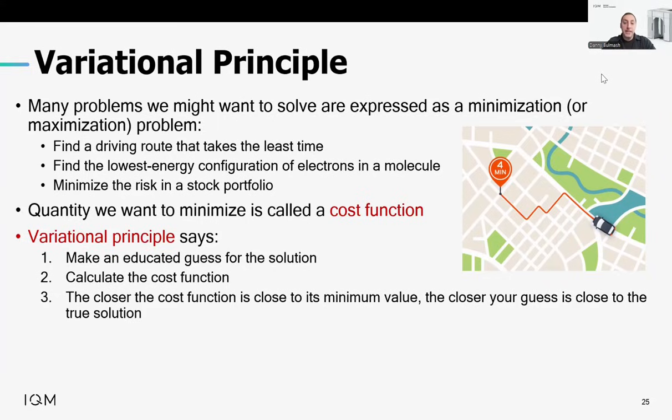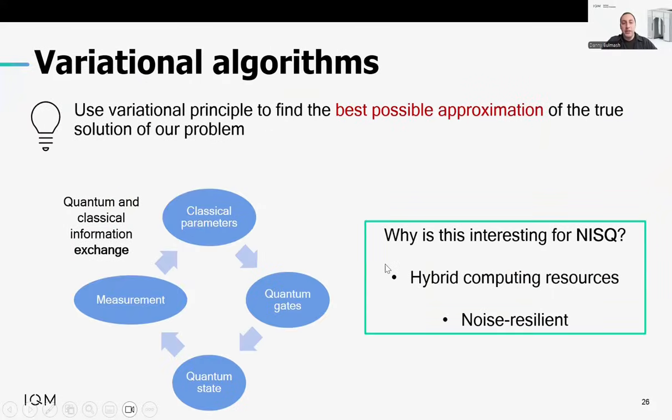It might not be the least time, but it's closer to the least time. Now, there's some caveats and whatnot on that, but that's the general idea of the variational principle. And so variational quantum algorithms use the variational principle to find the best possible approximation of the true solution of our problem. What they're trying to do is make some guesses, and then try to make that guess better and better and better over time